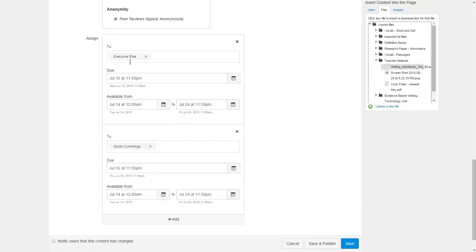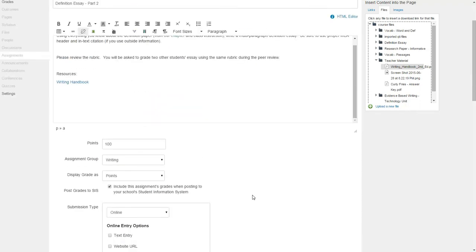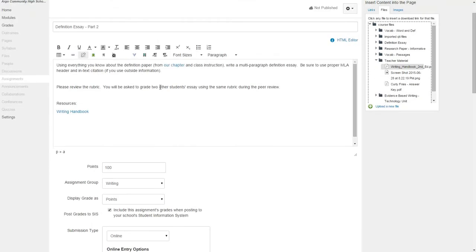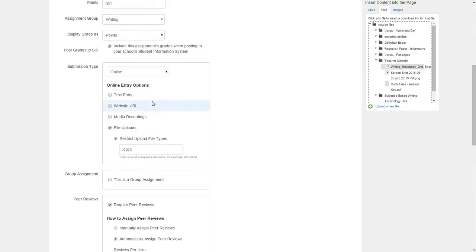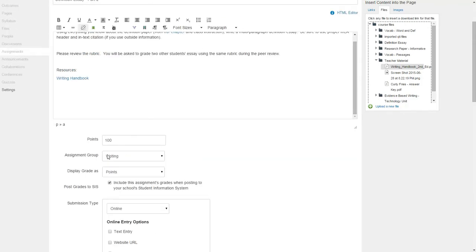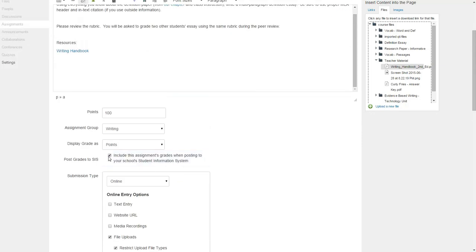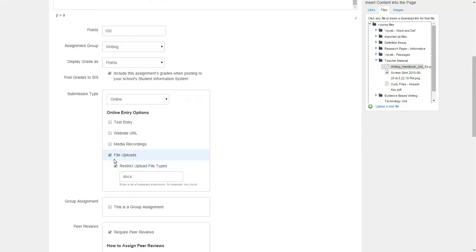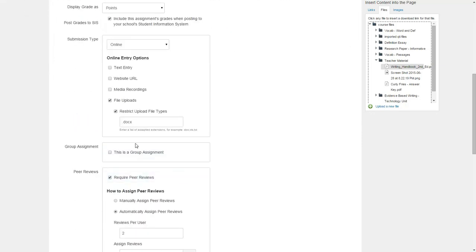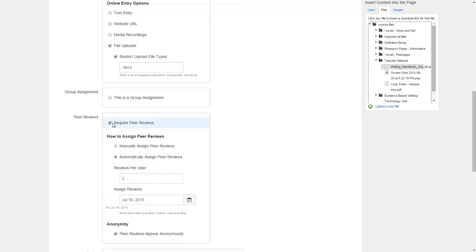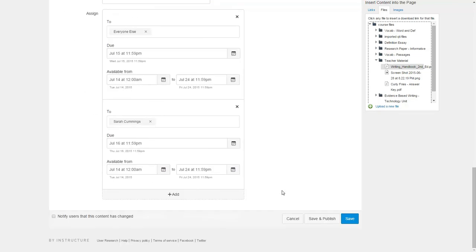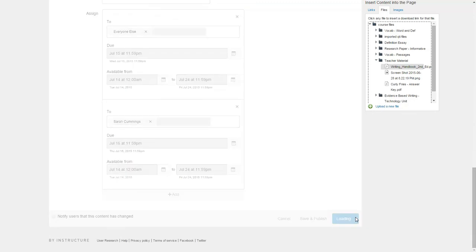And I can do that for a bunch of different students if I want to make those kinds of accommodations. Alright, so here it is. Everything I can do on this page is created. I gave it points. I put it in what group, writing, display points is points, file uploads to docx. I am doing peer reviews. If I'm not going to do peer reviews, just uncheck it,